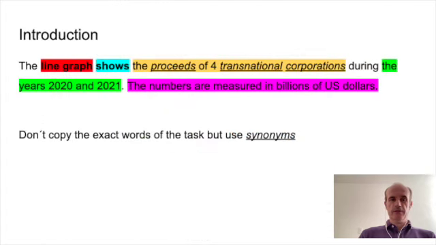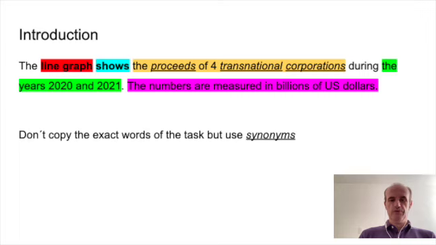Here it says, the line graph, that is a feature, shows the proceeds of 4 transnational corporations. Here I do not copy the exact words from the task. This is something that you should do as well. Do not copy the exact words from the task, because then you will lose points. So you want to find some synonyms